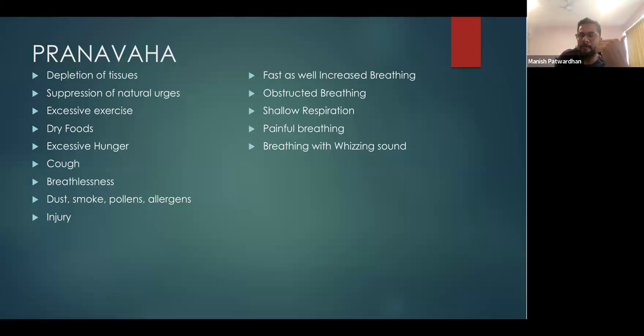Now, if we look at pippali, which is ushna, tikshna, these properties, why is it rasayana? It is rasayana because it purifies the blood, it improves the quality of the blood. Its prabhava is also rakta prasadana, that is improving the quality of the blood. But imagine lungs are made up of blood, is what they have said. So lungs are made up of blood and kapha. That is the embryonic development of the organ as given in Ayurveda. Blood and kapha.